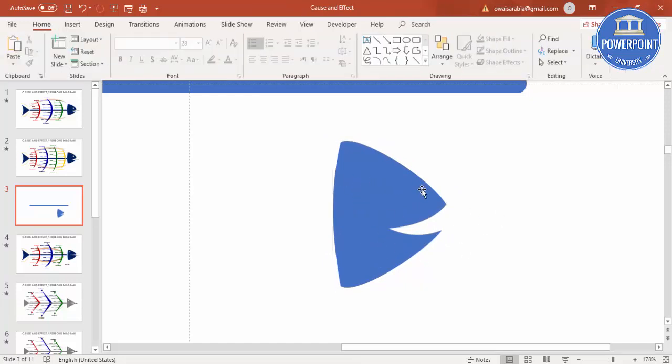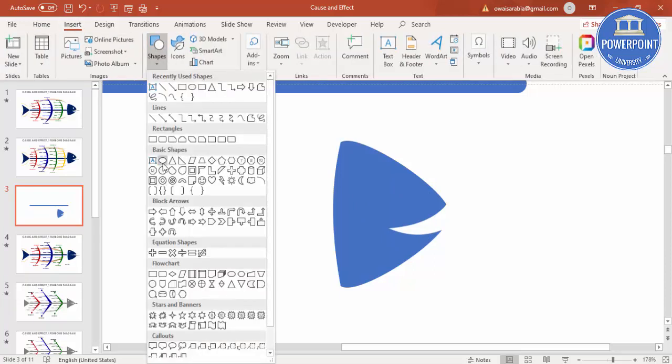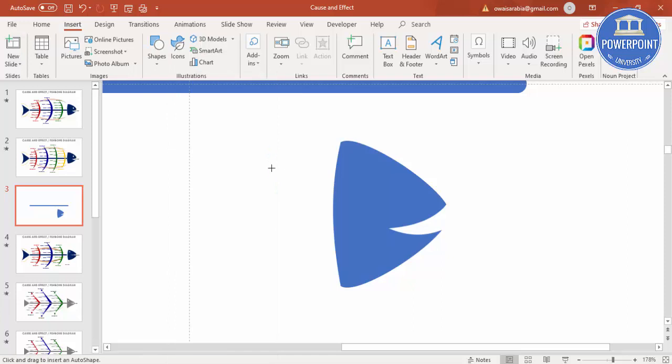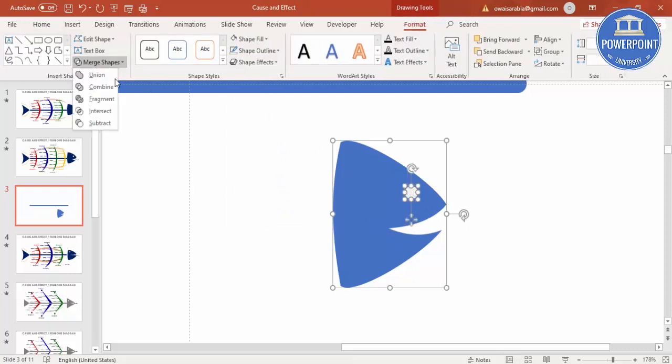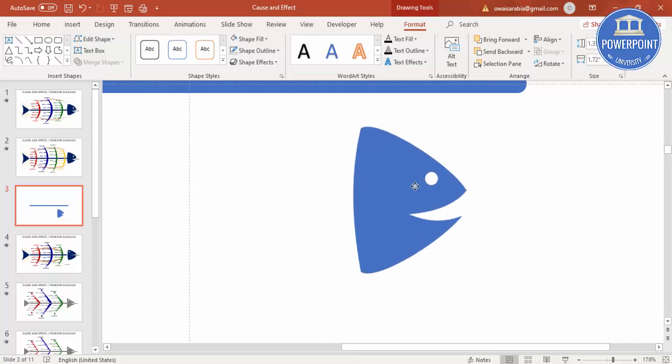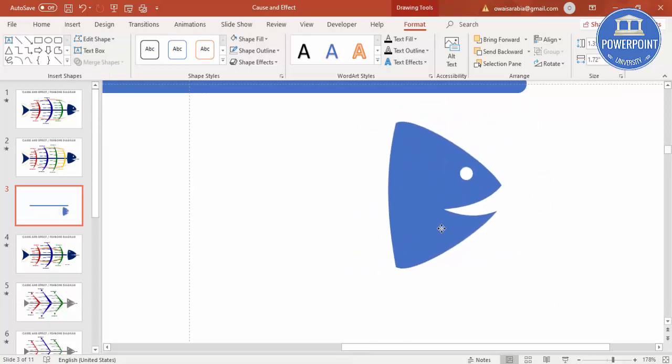Then I'm going to draw an eye. For that, go to insert, shapes, select an oval shape, hold the shift key for the perfect circle and put it here, and I'm going to give a different color, shape outline, make it no outline, then select the head and the eye, merge shape, just say subtract. So you can see here the shape of the